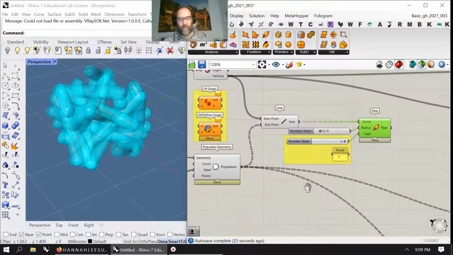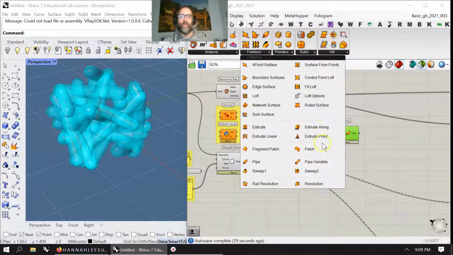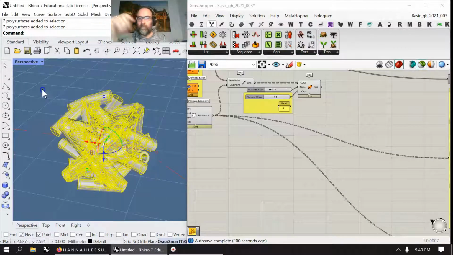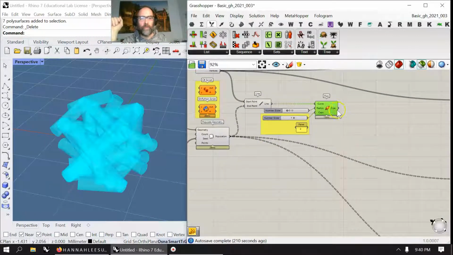It's not the basics of Grasshopper. You need to have the basics of that to do this. But there's another tool in here that I love so much. Do what I just said I was going to do. I'm going to go into my pipe tool,